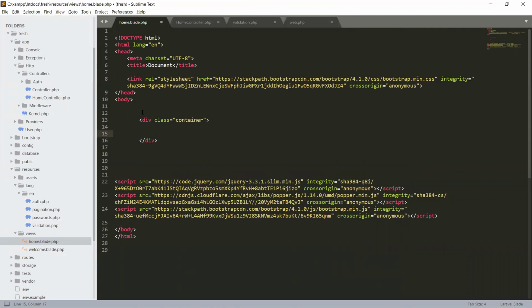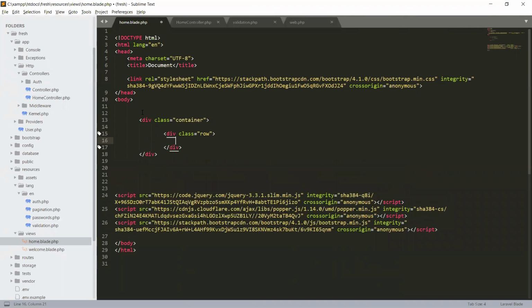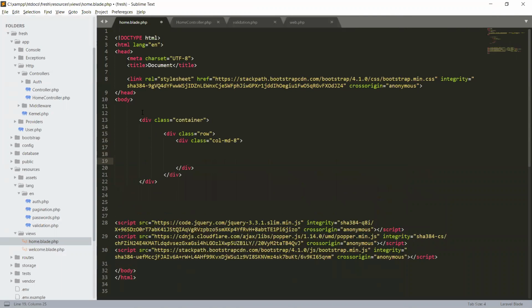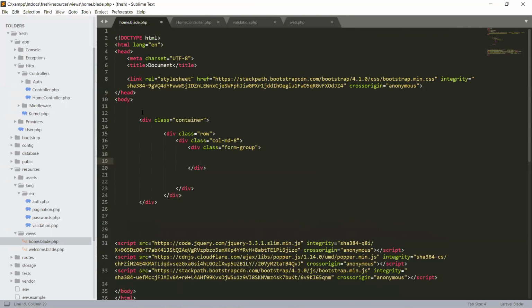Container, and in the container a row class, and col-md-8. Col-md-8. And in it, let's create a form group, and in the form group,